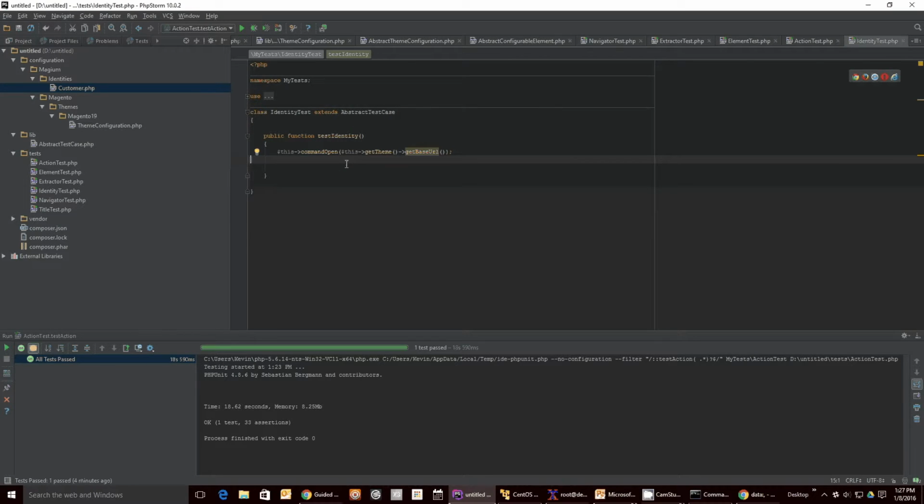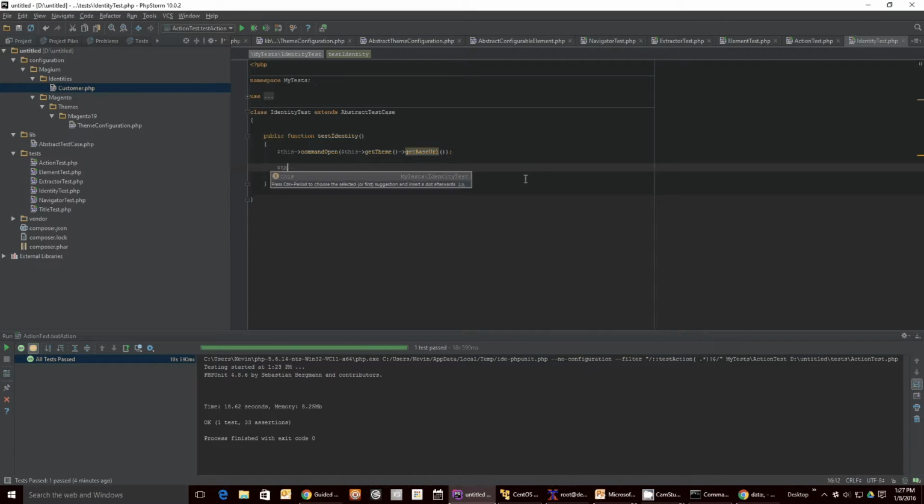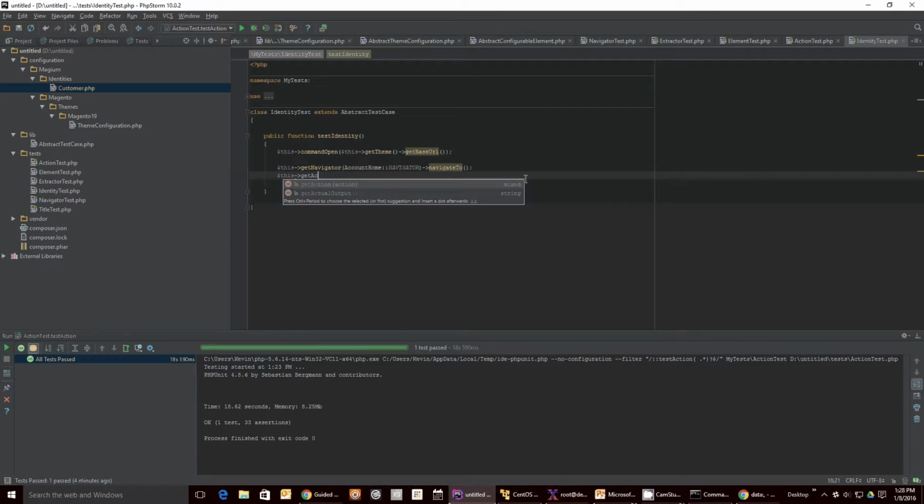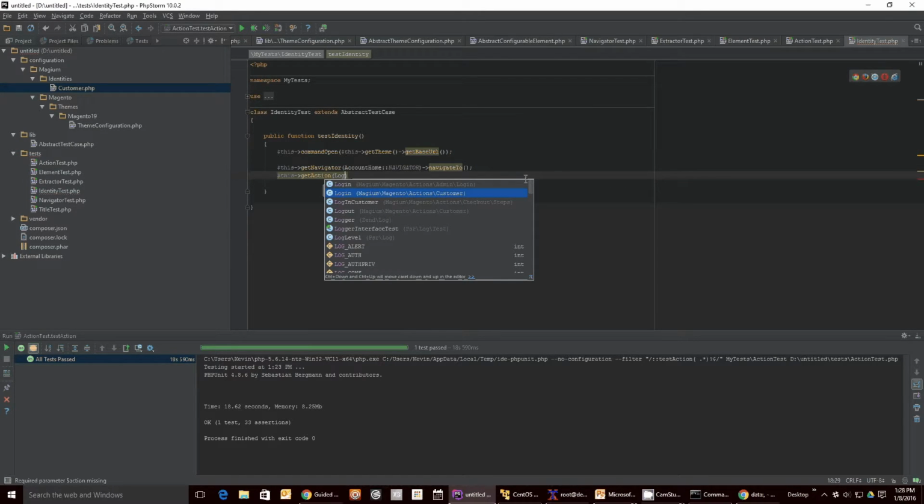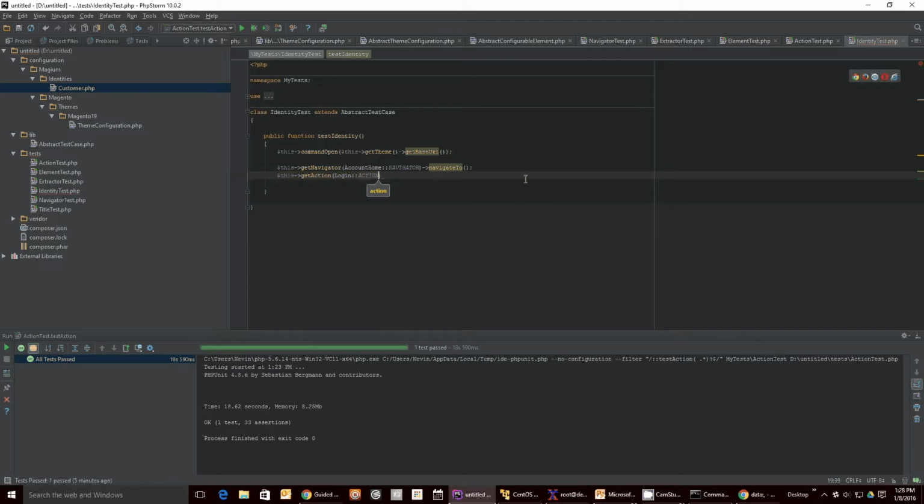So now we will need to navigate to our login page, and to do that we need to get a navigator. So this get navigator account home, navigate to. This one is all about navigating to a particular place, so we don't have to provide any value in there. Then we do this get action, and it's going to be the login action, Magium Magento actions customer, and it has a method called login,